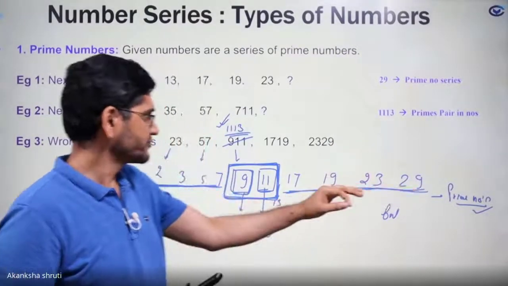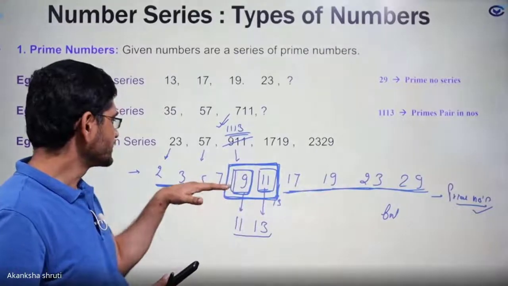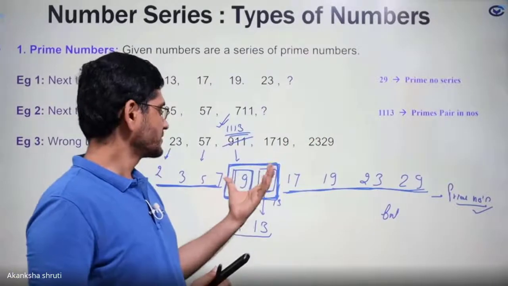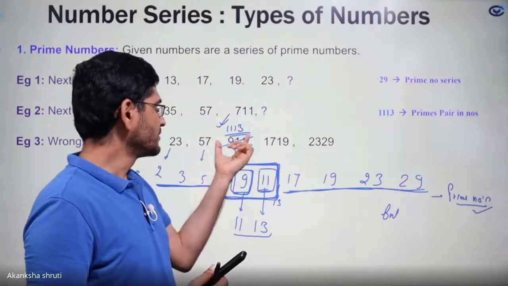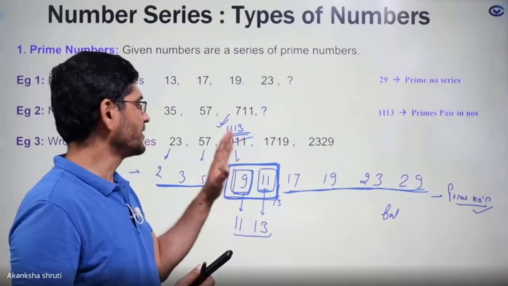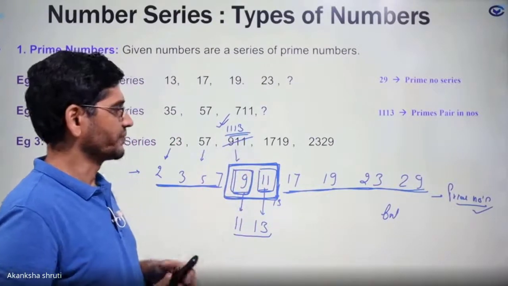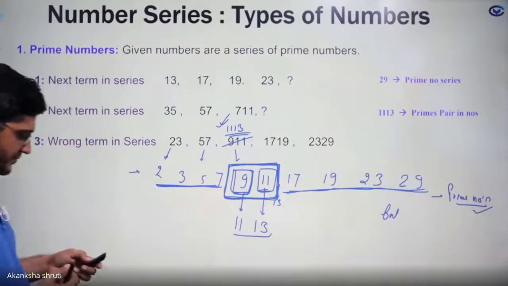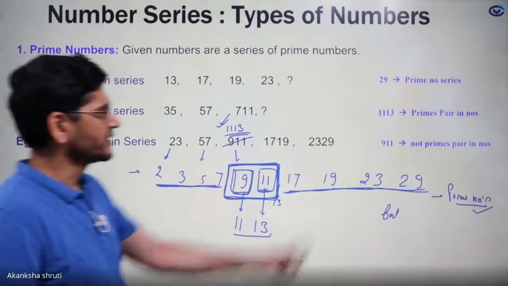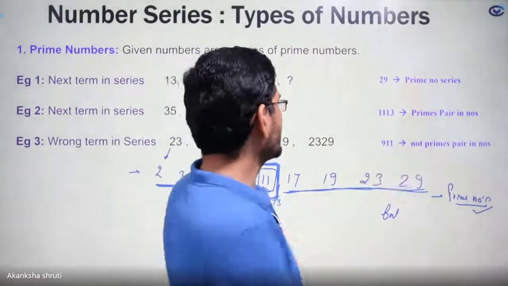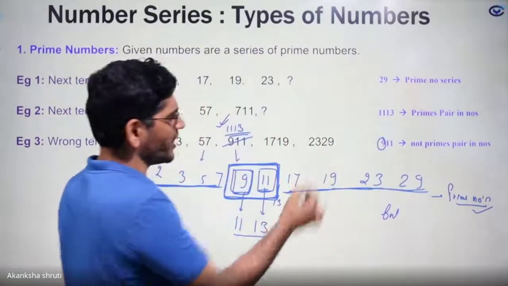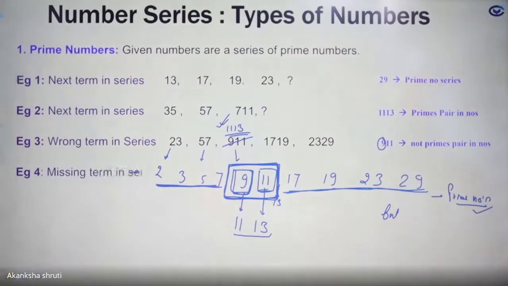Okay, for that you have to keep in mind the condition for series must be satisfied before this and after this. Then, applying that rule, you have to find the correct possible term for that wrong term. So this kind of question is also asked. This is just a way of asking the question. So here we are getting that 911 is wrong because here 9 is not a prime, though all other pairs are prime. Okay, so it was this one.